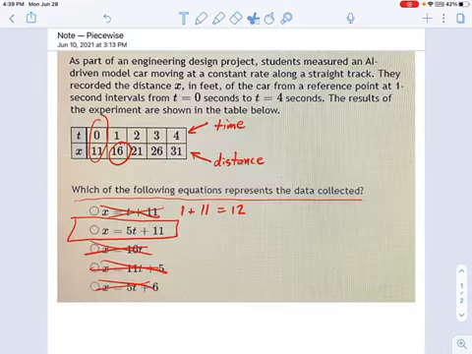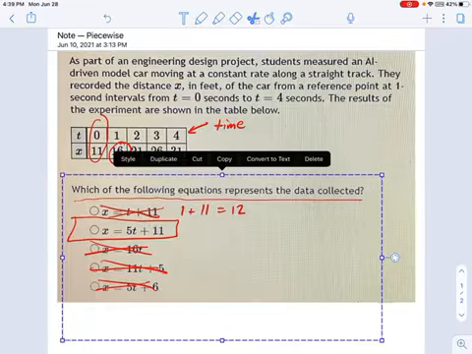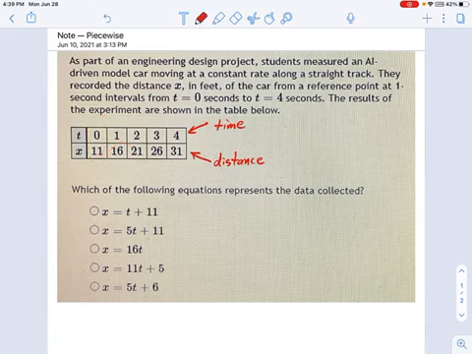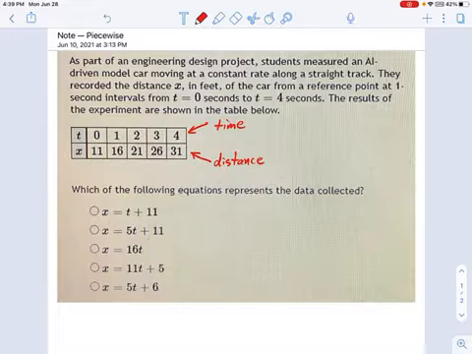If you're interested, you can try another technique, which is more like building the equation in the first place, not just by testing the equations below, but by actually building it. If you look at the data table, what we have here is a starting point of 11. This is where the little car starts. And you can see, what does it go each second? Each second it looks like it's traveling a distance of 5.